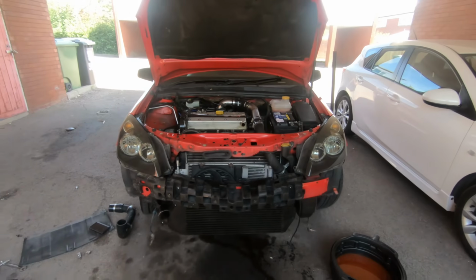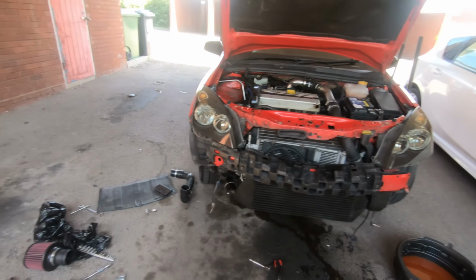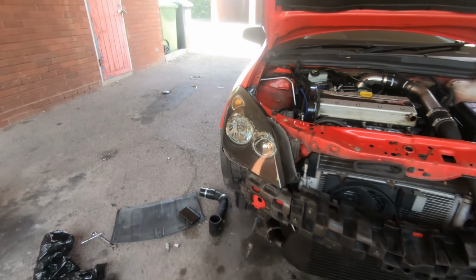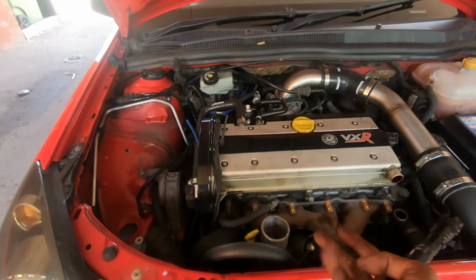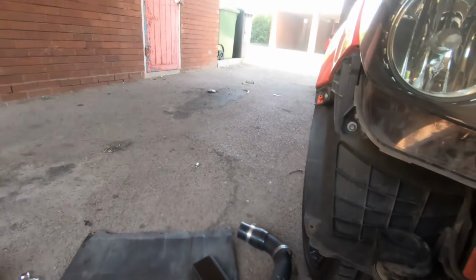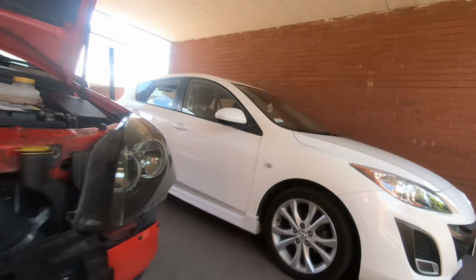Right then, as you can see, quite a lot's gone on. I've taken my front bumper off. This will give me better access to my intercooler pipework, which you have to remove to get at the cold side of the turbo underneath. It's a bit of a bugger to get out if you're running an uprated one. The reason you have to take it off, besides needing to get under the turbo, is that you need to take all of the